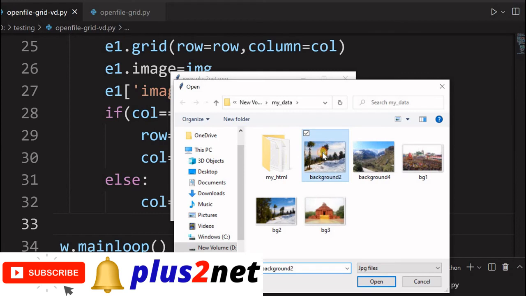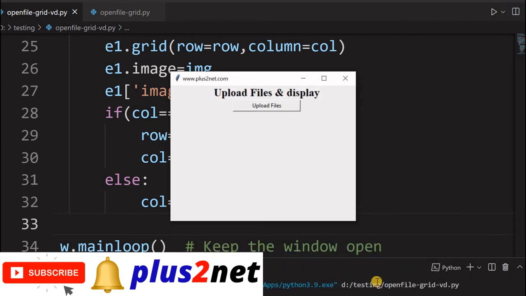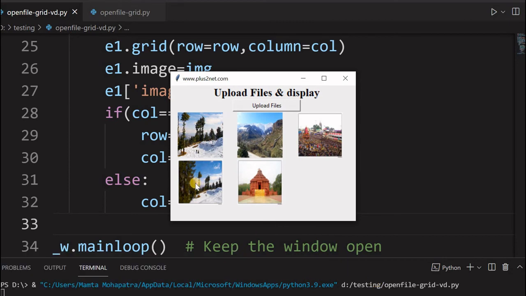Now let me just select this. So after the third, the next row started and the column starts from 1. One image, here col is 1, here col is 2, here col is 3. Next time, because it is 3, the if condition works, and now col became 1 and row became the next row. So the fourth row has come. So col is 1, again col is 2, and row is 4 here.